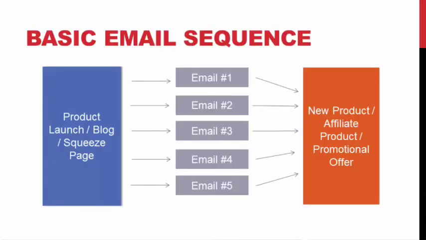So basically, we're going to be using email, obviously, and we're going to be taking advantage of other people's email lists. Now, here's the basic sequence for someone's list. They have a product or they have a blog or whatever it is, and they're building their email list, right? And when someone joins their email list, those people start getting an email sequence. They might receive an email once a day, once every other day, once a week, whatever it is that they're opting into, that person has some kind of email sequence that they are putting that person through. And then those emails all promote something. They're sending the traffic to a squeeze page, or to a sales page, or to their blog post, or whatever it is. And that's the basic idea behind email sequences.